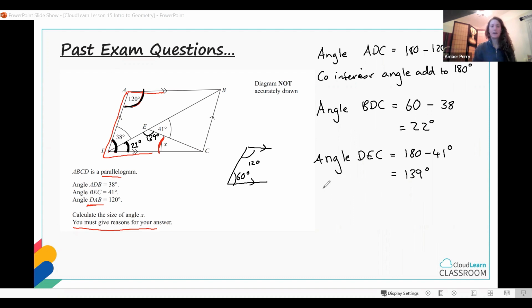Okay, so there I do have to give a reason, and I'm going to write angles on a straight line. Wonderful thing about maths is that you don't have to write in full sentences. You can literally just write those words, add to 180. You don't get marked for lovely long full sentences, but you do have to give the keywords. So the keywords will be angle, straight line, 180. That's important. And then finally, we can actually find X is going to be equal to